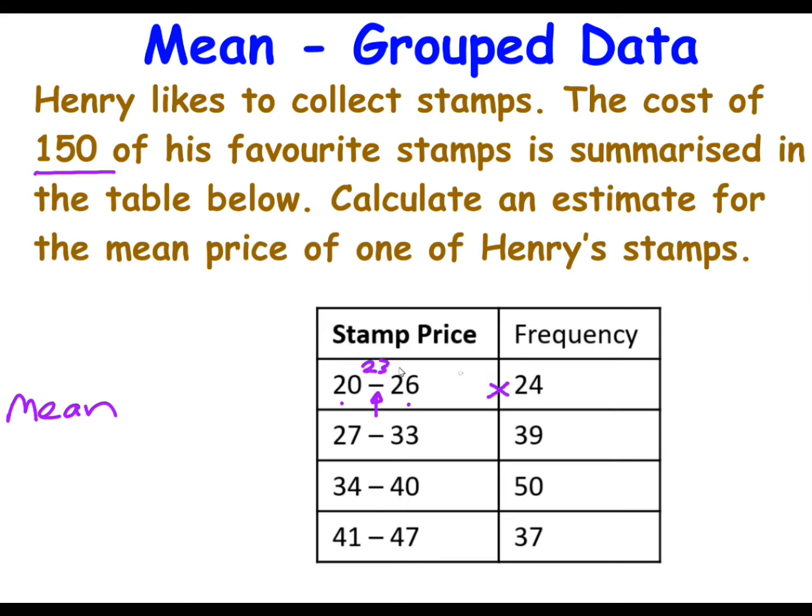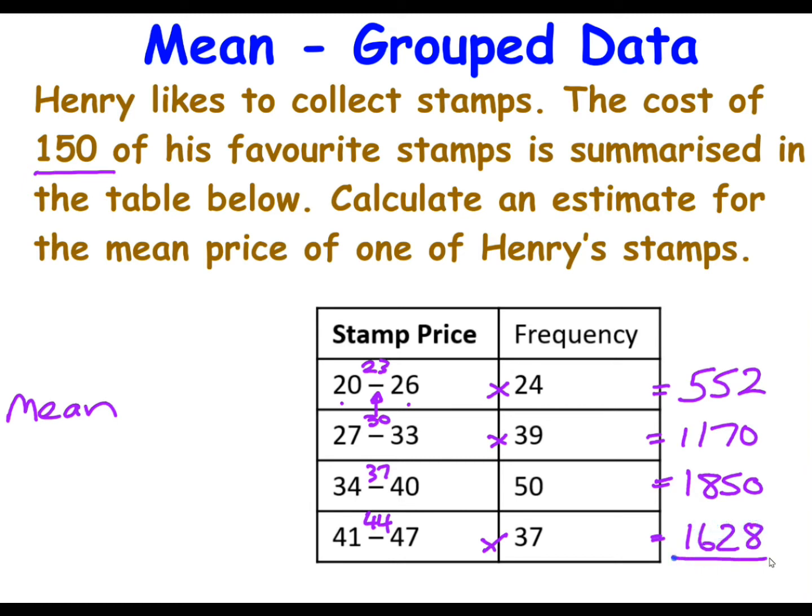And he's got 24 stamps at 23 pence, so that gives us a total of 552 pence as the value for those stamps. The same for the other groups. Choose the midpoint, so for the next group it's 30, so it becomes 30 times 39, which is 1,170 pence. For the next group, you would choose 37, and that gives us a total of 1,850 pence. And then finally, the last group, you take 44 in the middle, multiply it by the frequency, and you'd end up with